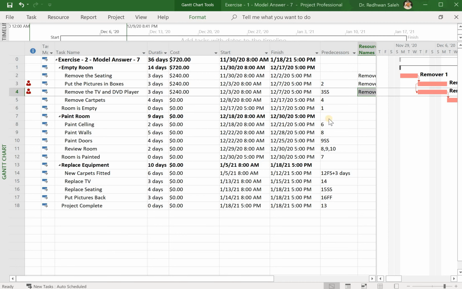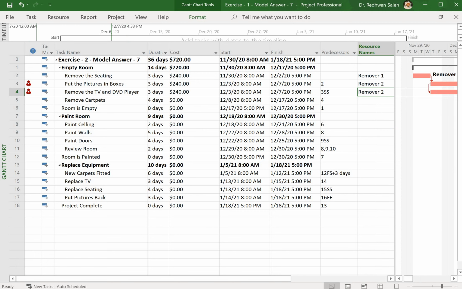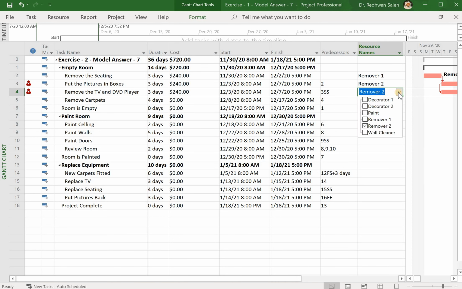Whenever you see overlap of resources that start at the same time, then it is very important to find which resources are available for you as a project. So in this case, I will just remove remover 2 for the time being,